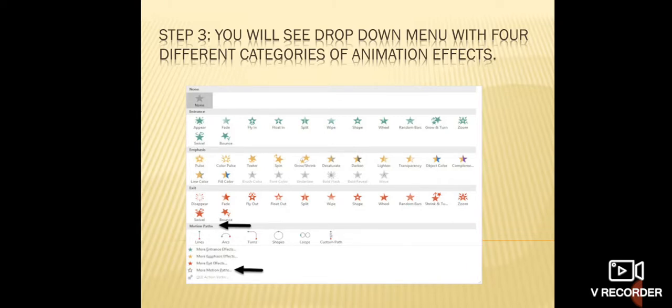Second one is emphasis. Emphasis what? The transition effect under this heading puts emphasis on the slide during the presentation. If I want to emphasize any particular word, you can find in your book many words are written in red color or in blue color, right? That means what? Why is it written in red and blue color? Because the book or the author wants to put your emphasis on that particular word. The same way, if you want to put your emphasis on a particular object or any word, you can use any of the options from this group. This is the emphasis group.